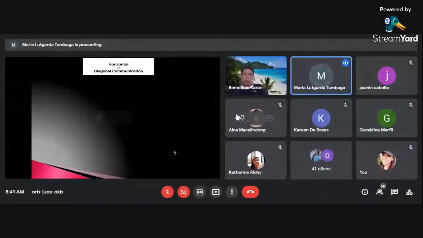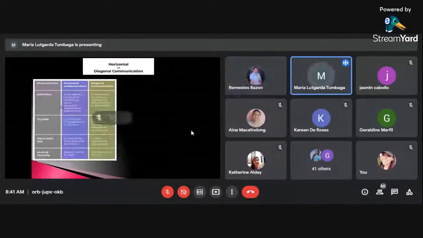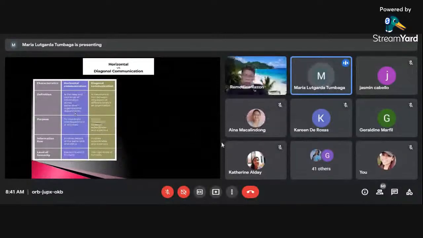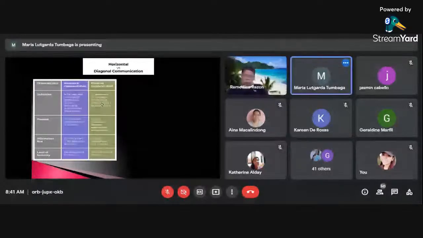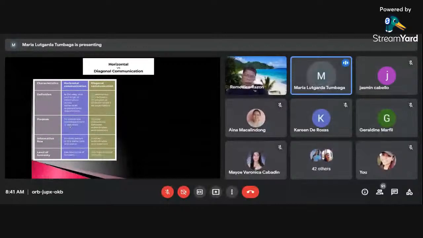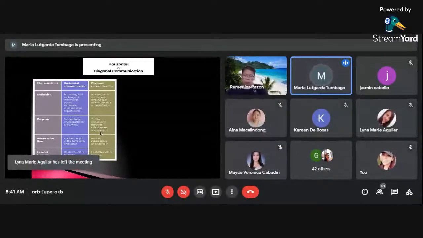Communication versus diagonal communication. So the horizontal is the relay and exchange of information across same level organizational departments, while diagonal is communication between employees at different levels in an organization. The purpose of horizontal is to coordinate interdepartmental activities, while diagonal is to relay instructions between subordinates and superiors.